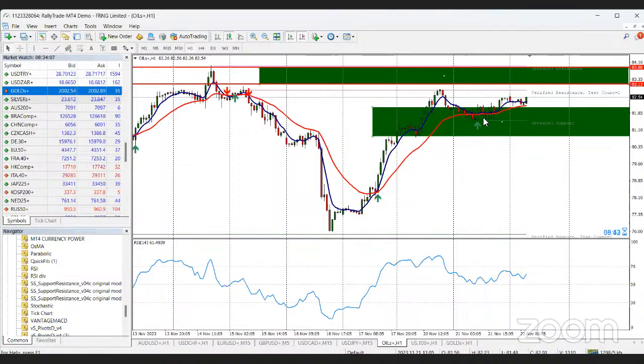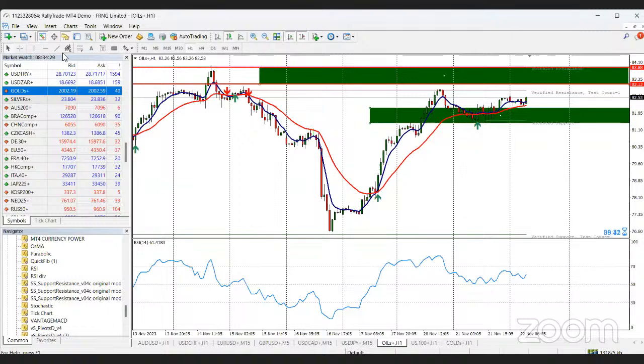You can see here that my indicator has given me a buy option, and RSI is also corroborating that. So that's why I'm saying there's a chance that price might actually break through. But just in case, because this is a verified resistance, let's wait for price to come down and break this moving average, which acts like a dynamic support at this time, and we can go in and take our profit just around the verified support as well.